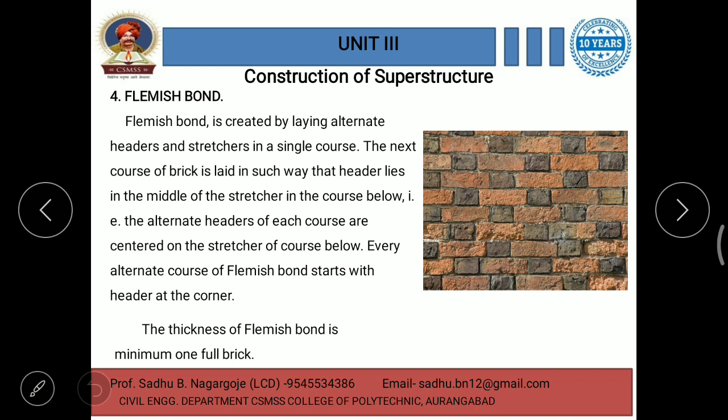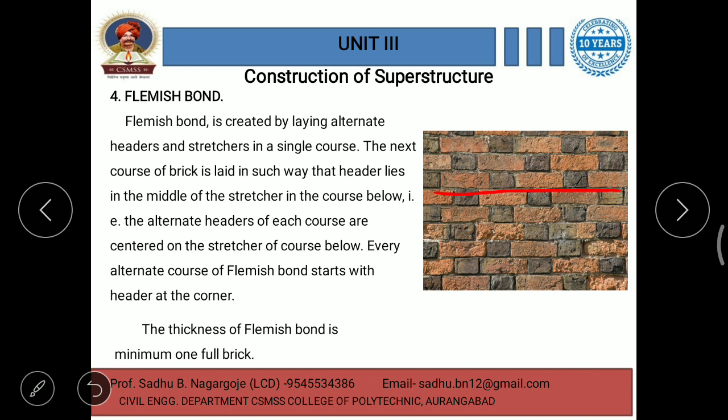That is, Flemish bond is created by laying alternate headers and stretchers in a single course. Here you can see in this single course, this brown color,